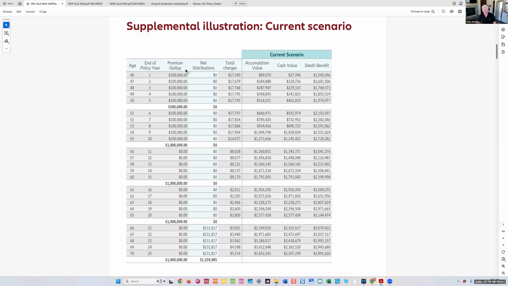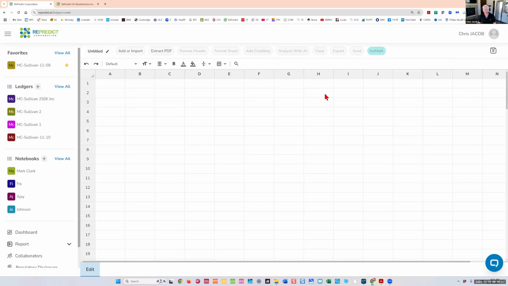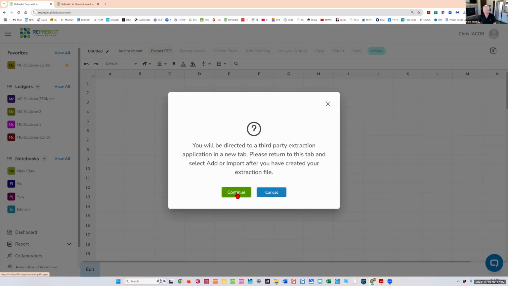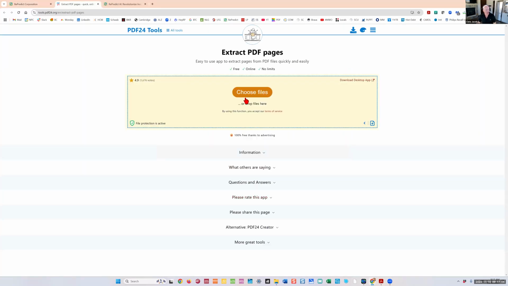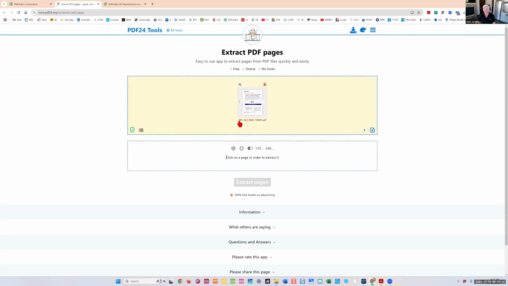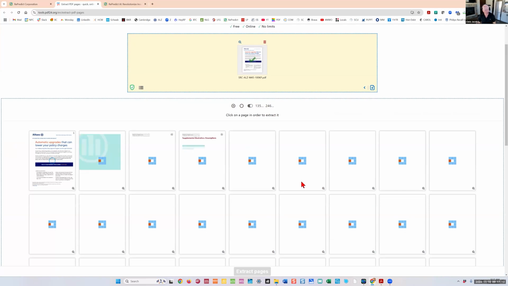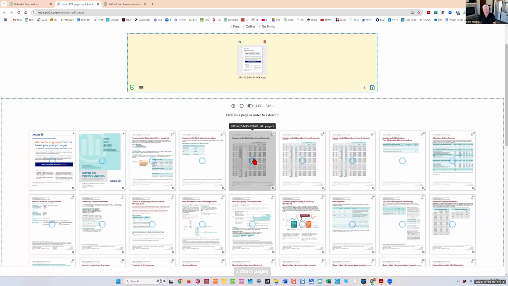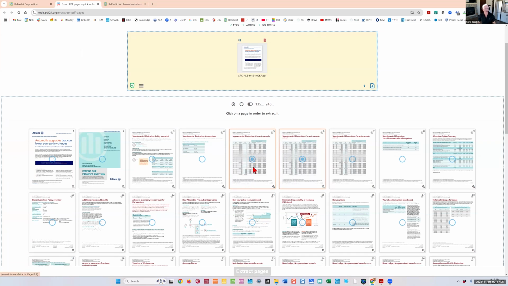So this is a typical LIRP design, 100,000 for 10 years with 231 of income coming down the road. How do we get that in here? Well, most of you are probably going to have these things as a PDF. It'll also take an Excel file, but what we're going to do, and this is built into the system, is pick that illustration, and however many pages long it is, we know we don't need all of them. On this one, I know I need that, and I need that. So I'm just going to hit extract pages,